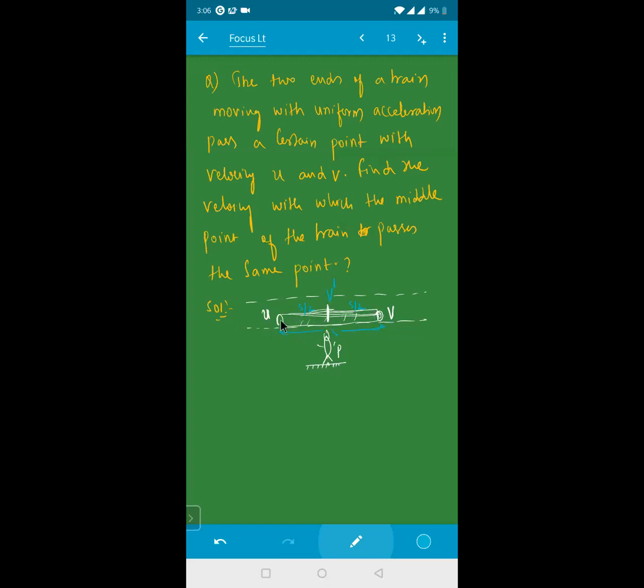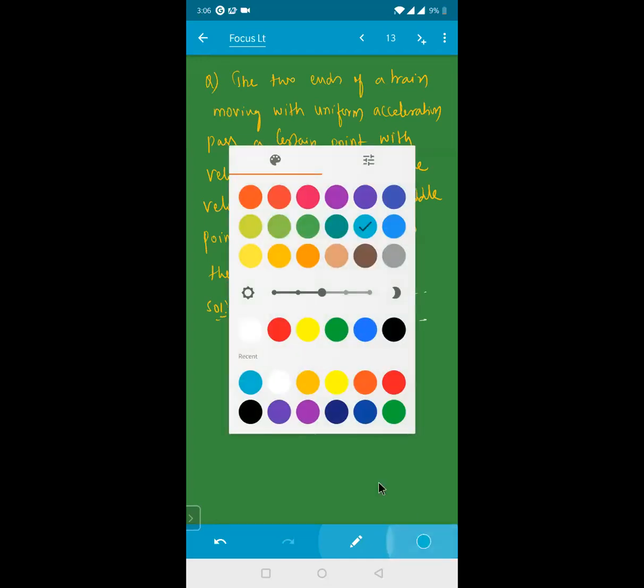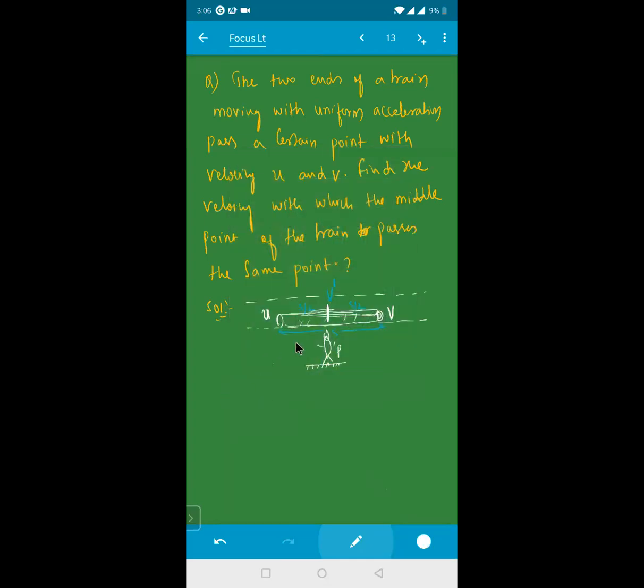Now from here to here, I know the two velocities. Now when I know the two velocities, I can use the kinematic equation v square minus u square is equal to 2as. See here, I know the distance, I know the initial velocity, I know the final velocity. So I can write here right now v dash square minus u square is equal to 2 into a into your s by 2. Can I write like this for this part?